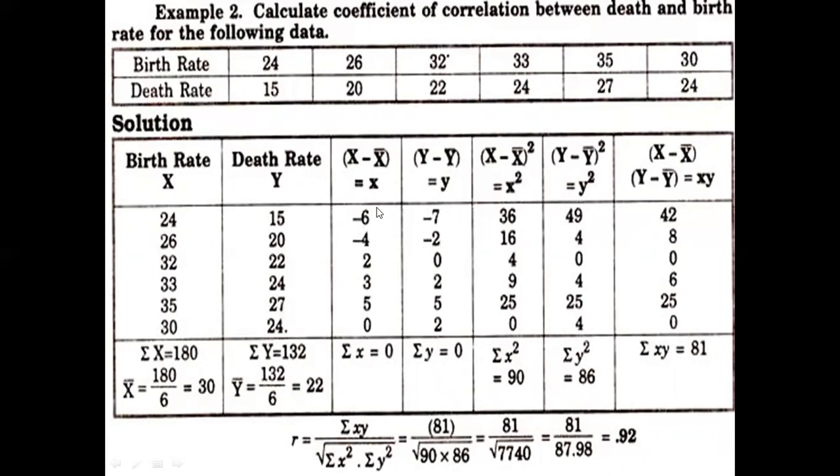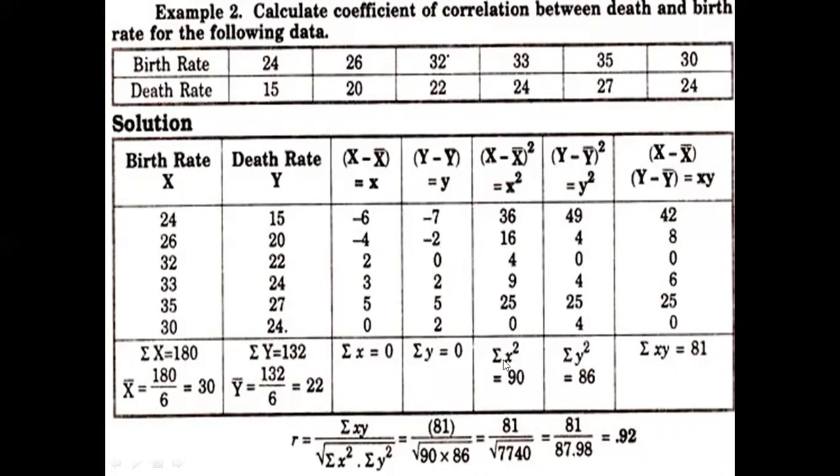Now we need to do the square of these small x and y derived values. So now we do the first x square. The first x value is 6. 6 into 6, 36. 4 into 4, 16. 2 into 2, 4. In that manner, we got the values of x square. Similarly, we can get the value of y square by doing the square of the y values, which is minus 7 into minus 7, 49. Minus 2 into minus 2, 4. In that manner, we have calculated the value of y square.